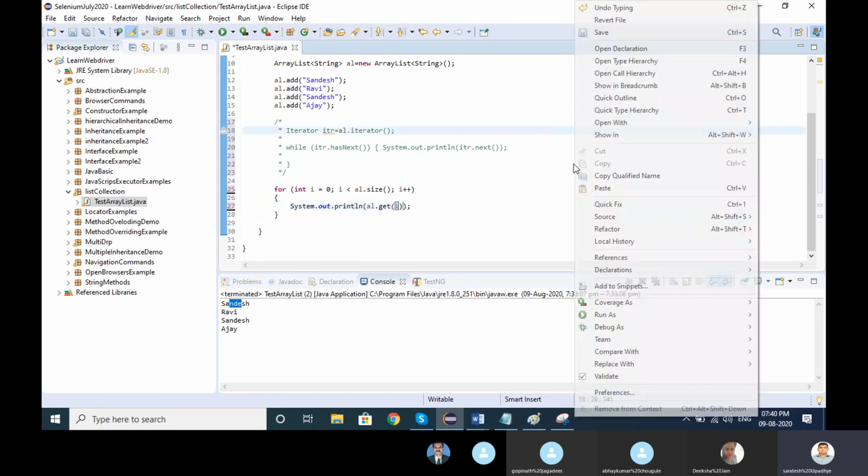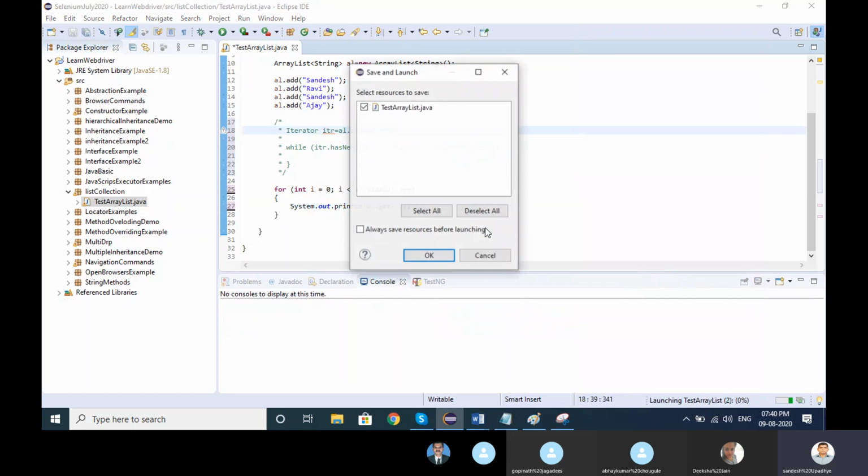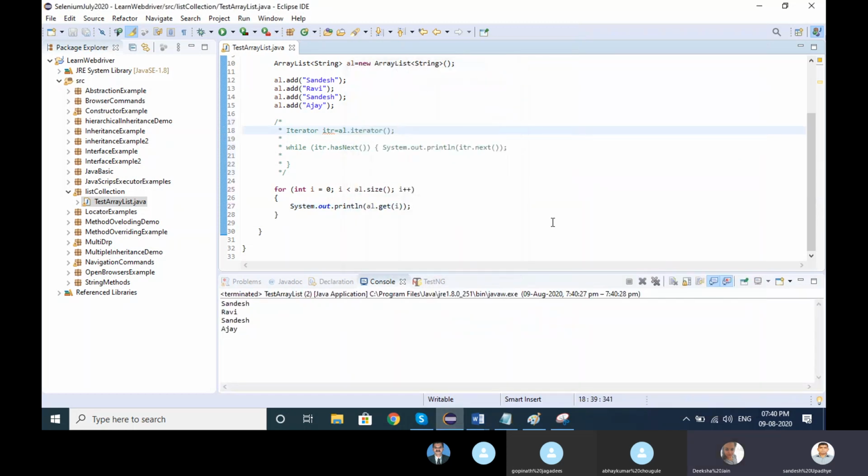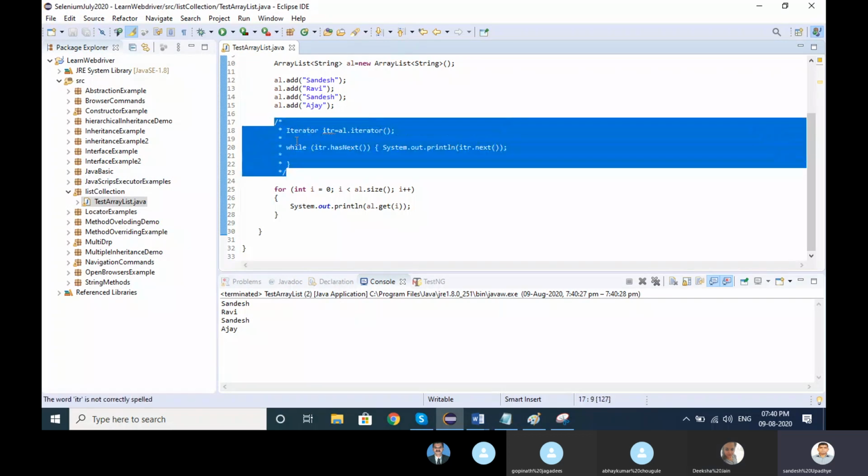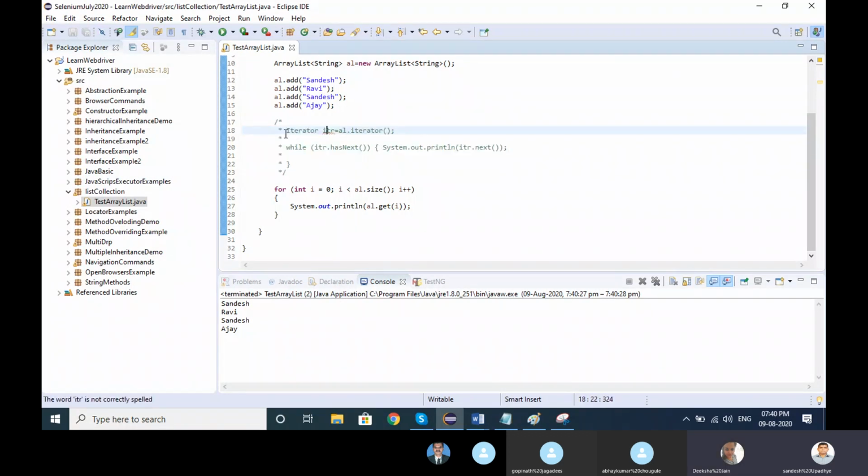Both are similar, but it's recommended that when we go with the collection, you can put the iterator like this. It's very simple. Iterator itr equals al dot iterator, it is iterating, and I just added the one statement.